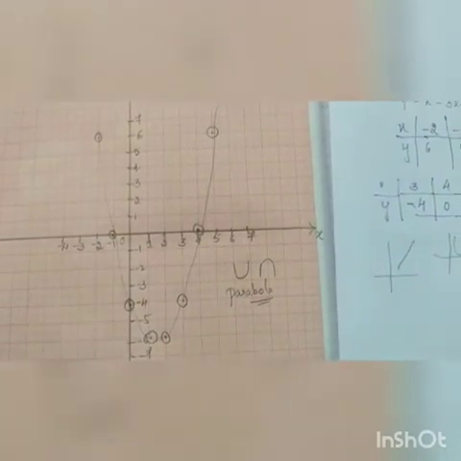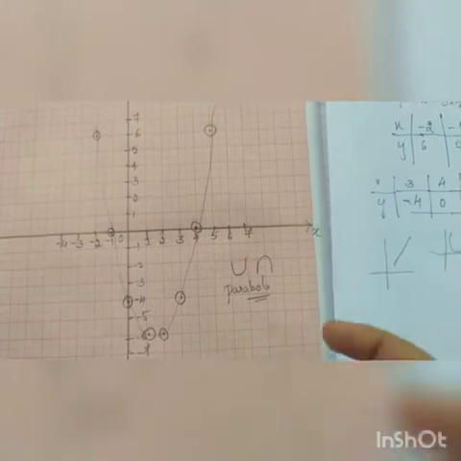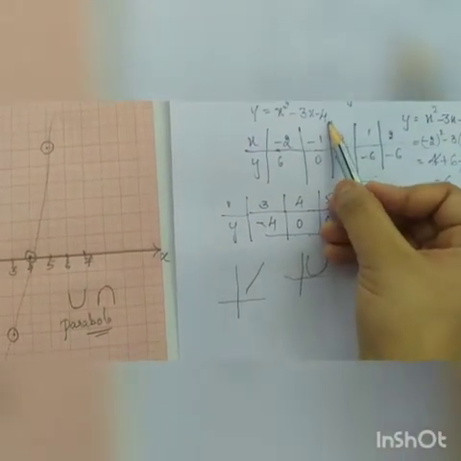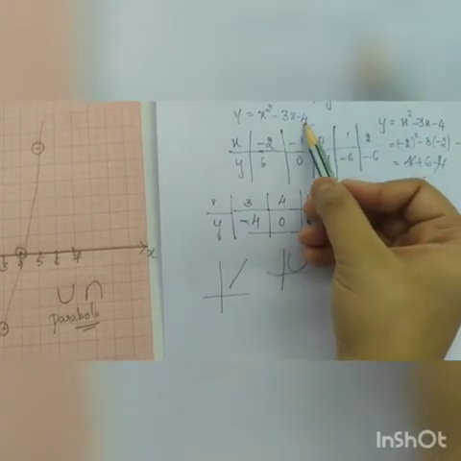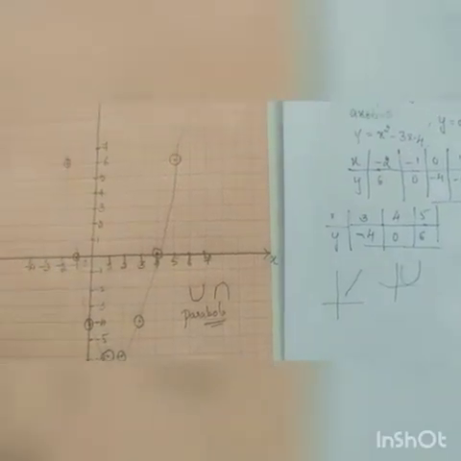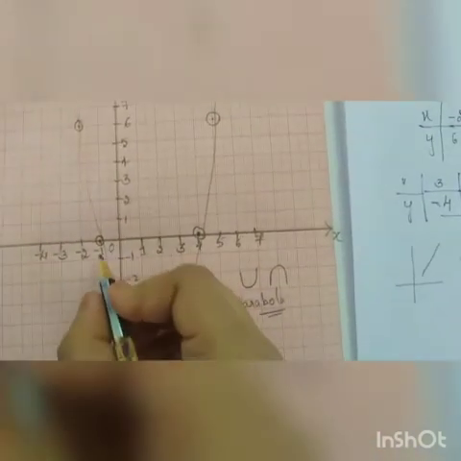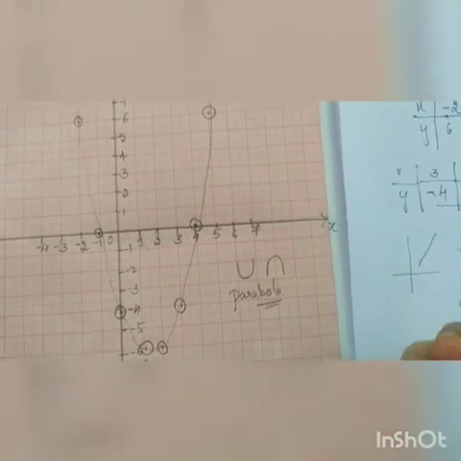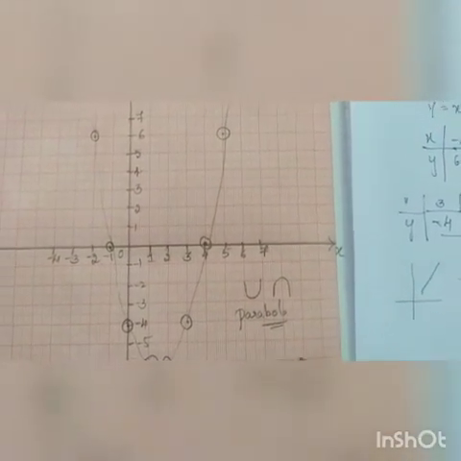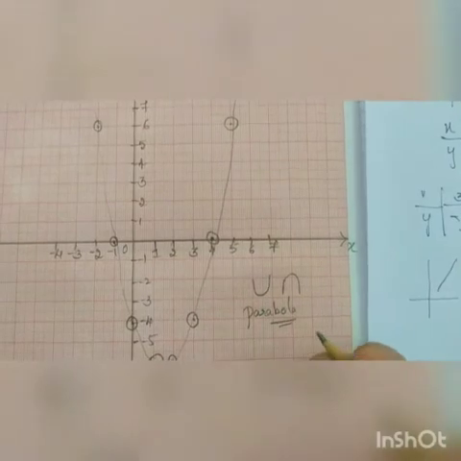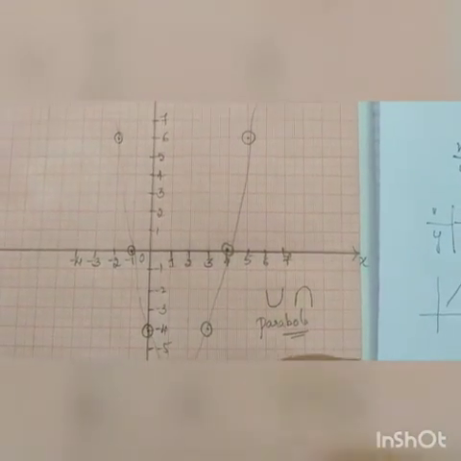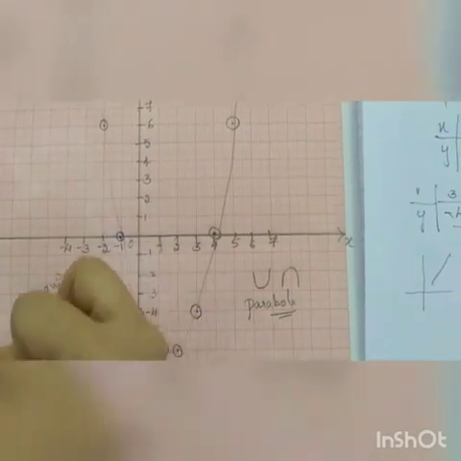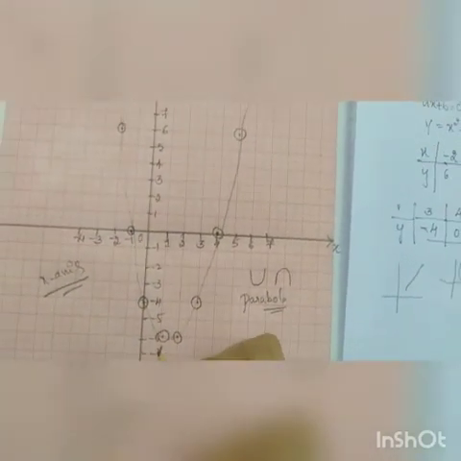Now the question is how we will recognize the solutions. We have the expression x square minus 3x minus 4. What is the solution for this? That is also important. You have to observe the expression y is equal to ax square plus bx plus c, the quadratic expression. The curve intersects the x-axis, and where it intersects is very important.